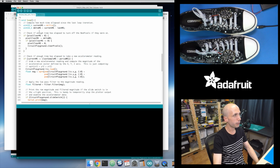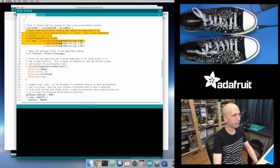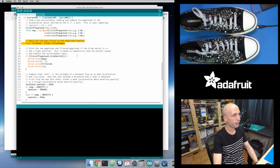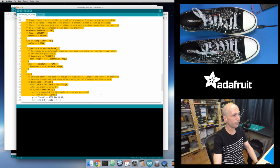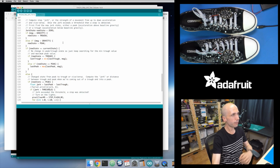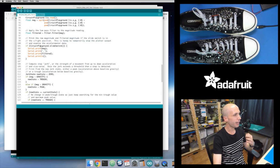Now, as far as the main loop goes, here's the main loop of this step jerk test version. You can see it's really similar. I'm grabbing the accelerometer data, running it through that low pass filter, and then here is where I'm actually applying the step jerk detection. So what I do is I look at, is this magnitude... oh, actually, I just noticed there's a